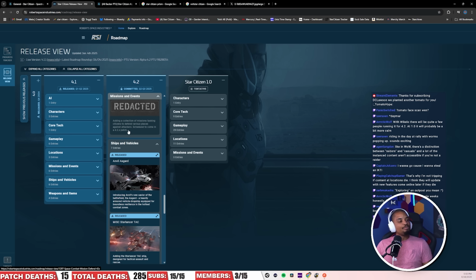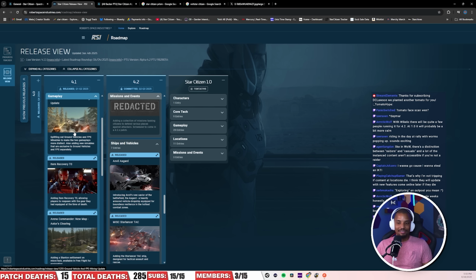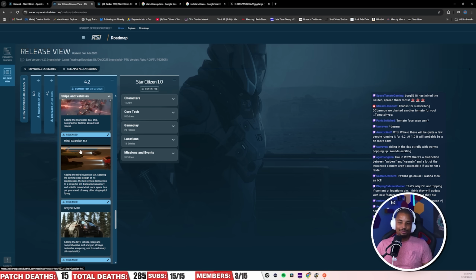See, this is why I think this is going to make 4.2 feel less interesting than 4.1. 4.1 still had the mining stuff going on. The location was fairly easy to get to. I do think that